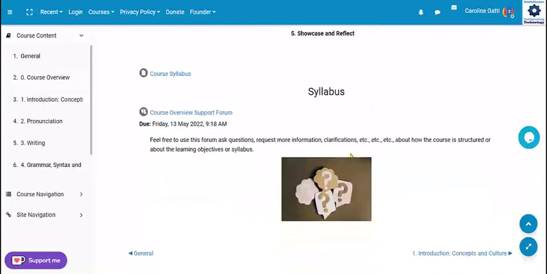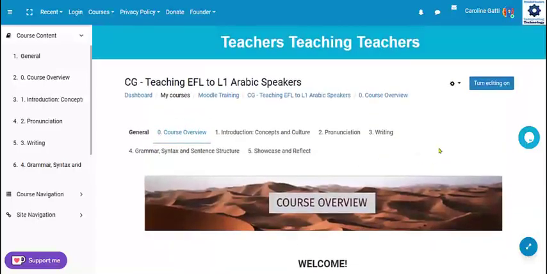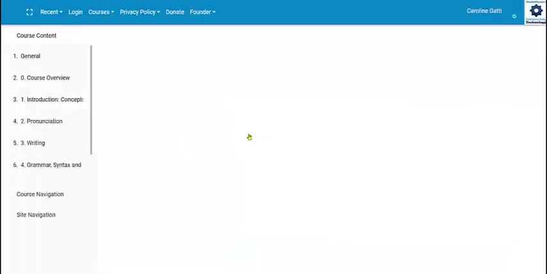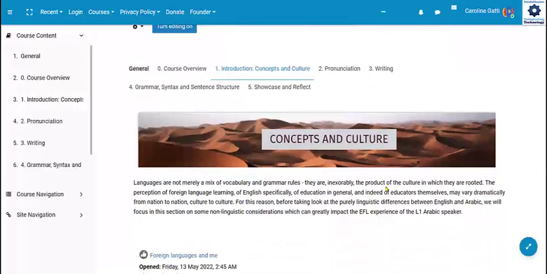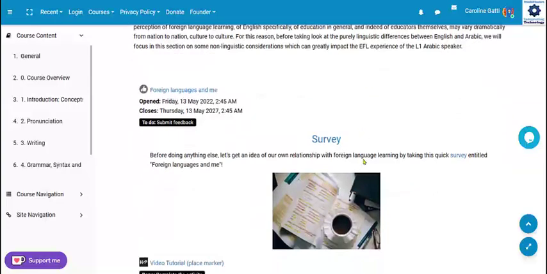And finally, in this section, I've got a support forum. Support forum is also another common denominator which I have in a standardized fashion right across the course. If we look at the first proper section of my course, the introduction, which deals with cultural, sociological input and influence in classroom dynamics, we find a lot more